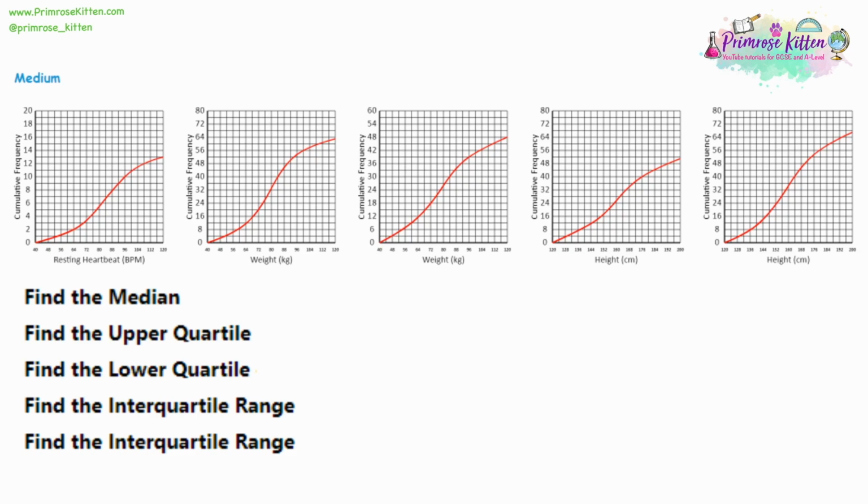Now the total, all you do is you go right to the very, very end of your graph. And once you identify the very end, the highest point, move across and see what number you get to on the y-axis. And we get to 13. So the total number of people is 13. So how do we find the median? Well, the median is the middle point. So the median is going to be at half of 13. So we take 13, divide it by 2, and this gives us 6.5.